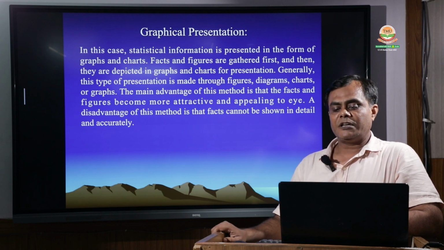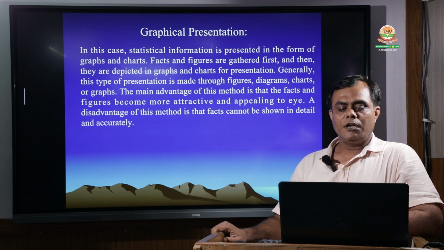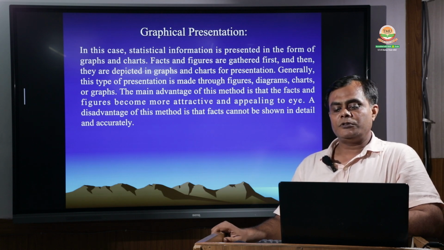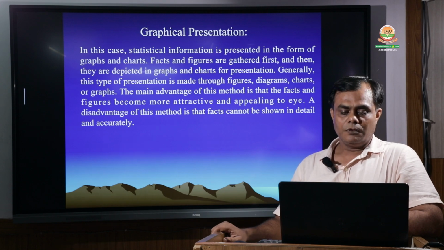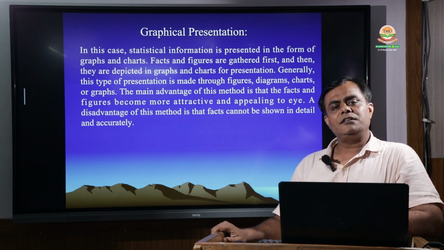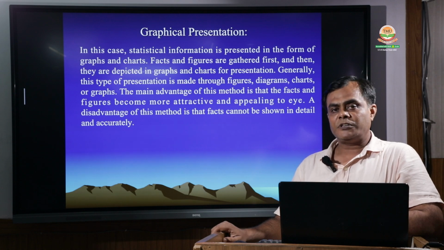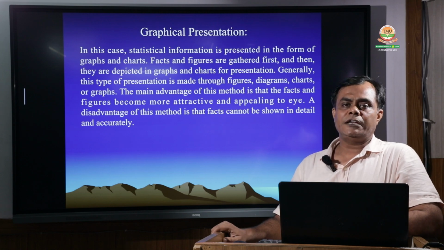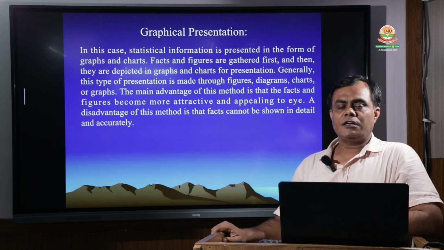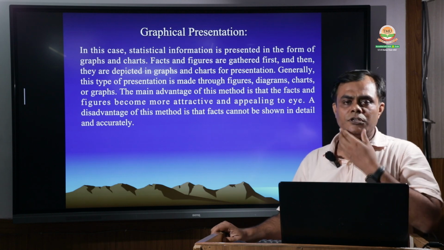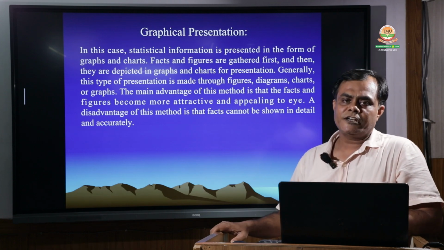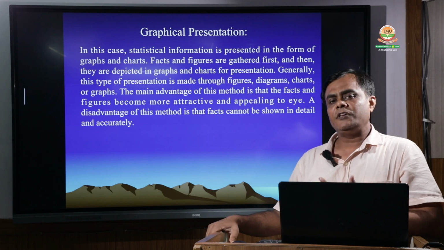The main advantage of this method is that facts and figures become more attractive and appealing to the eye, and the disadvantage of this method is that data cannot be shown in a detailed and accurate manner. So here are some advantages and disadvantages of all the formats of presentation, and broadly we are presenting data in three formats: textual presentation, tabular presentation, and graphical presentation, so that the researcher is using all three methods of presenting data, and that makes data more attractive, more understandable and easy to